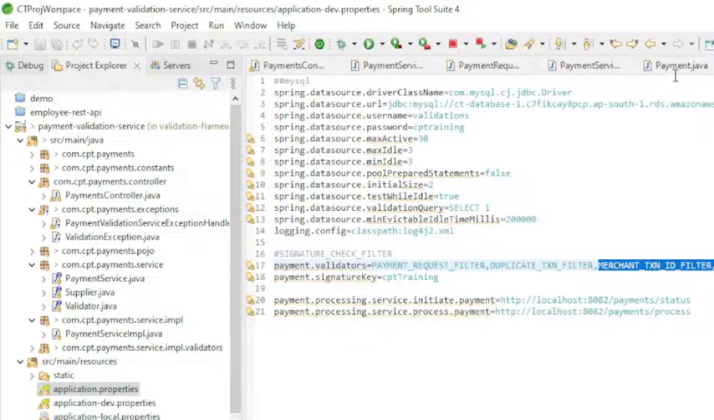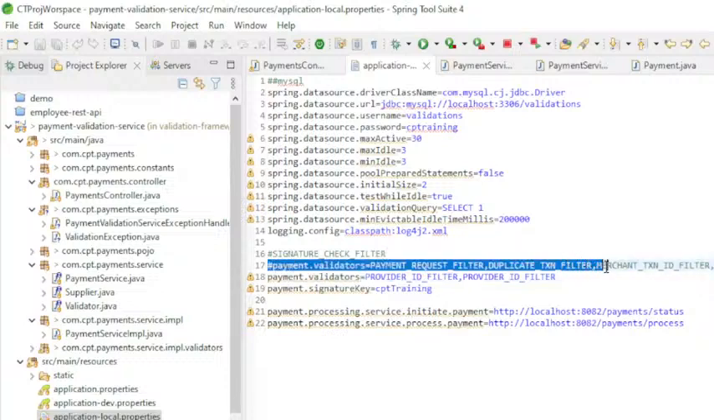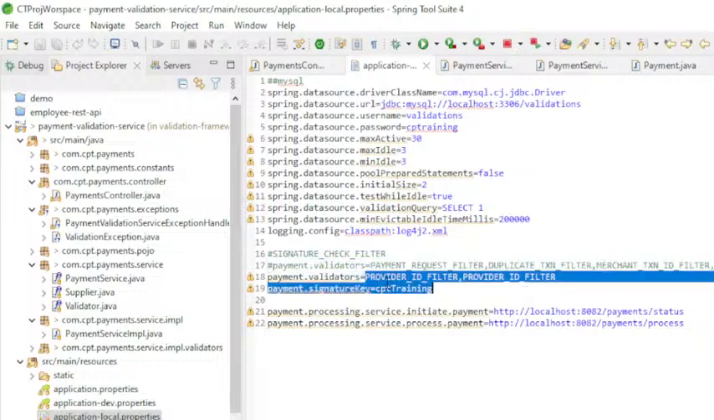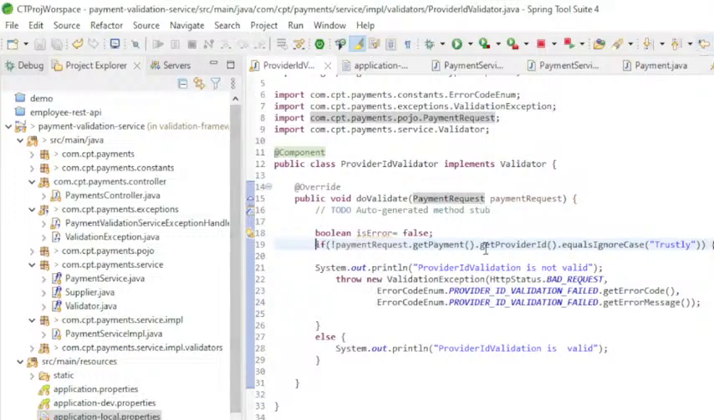Right now we are taking a payment validator with provider ID filter. We have defined this separately, and we have commented out all the rest of the validators and taken a single validator, which is the provider ID filter. This provider ID filter is nothing but